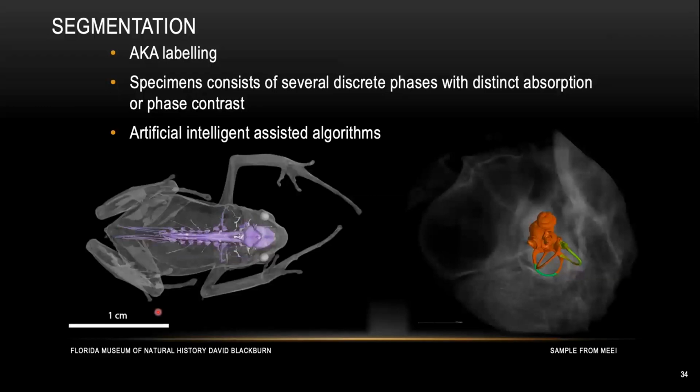Nowadays, we're also using some kind of artificial intelligence algorithm. You can do some kind of machine learning, try to train the machine to help you do segmentation using the computer. The picture down here is a micro CT scan of a frog from the Florida Museum. They are trying to segment out the central nervous system from the brain all the way down to the spinal cord and all the nerve fibers here.